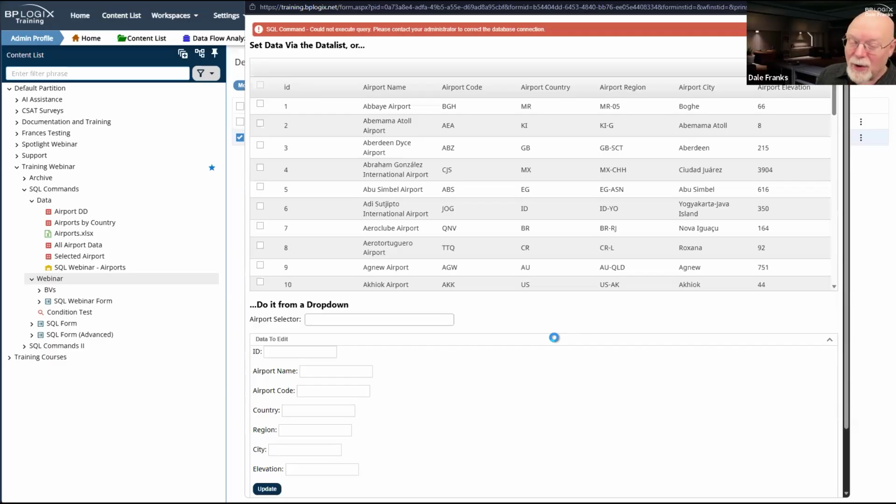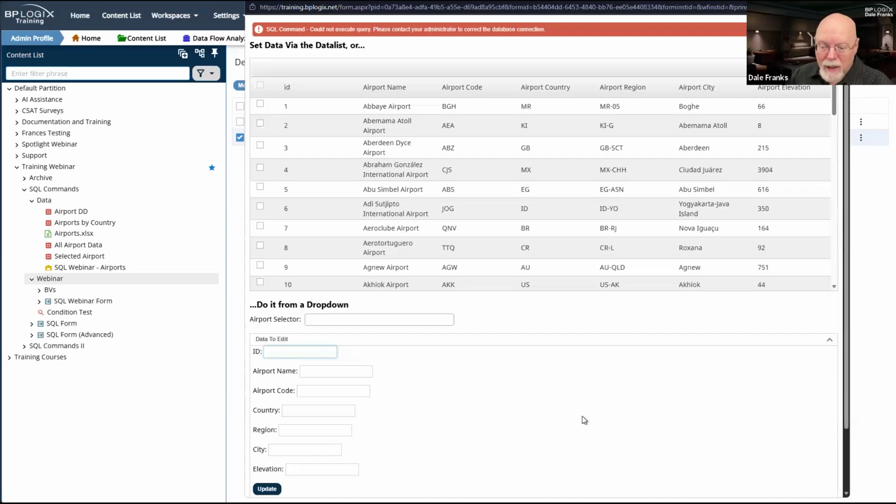It is going to try to send my SQL. But I actually don't have any data here. So I'm actually running into the same problem that we had before, where I have no values in any of these system variables, and importantly, I don't have a value in airport ID, so it does not know what update command to change. This is exactly what happened when I hit the test SQL command button previously.